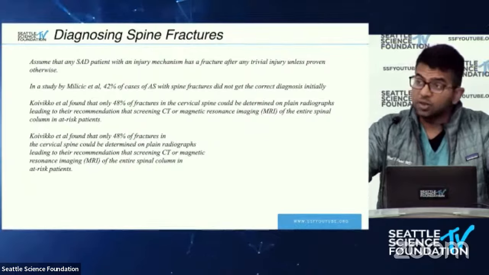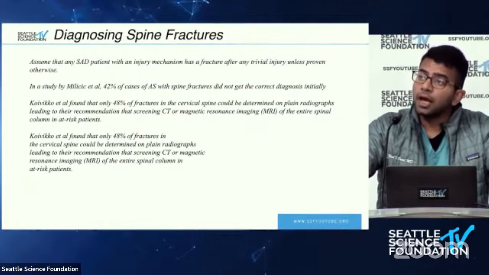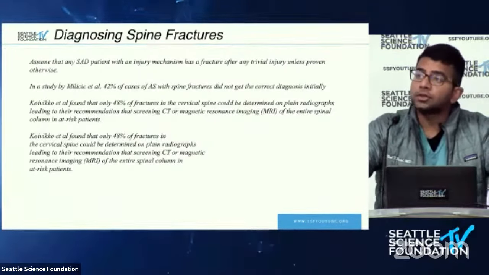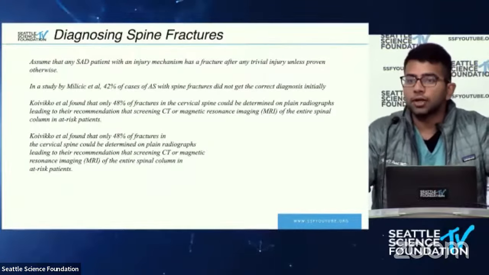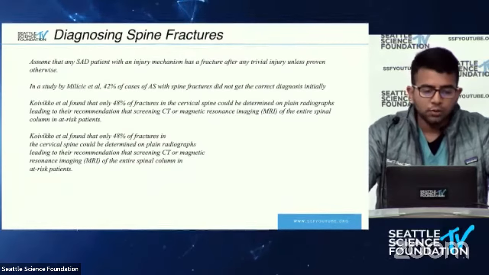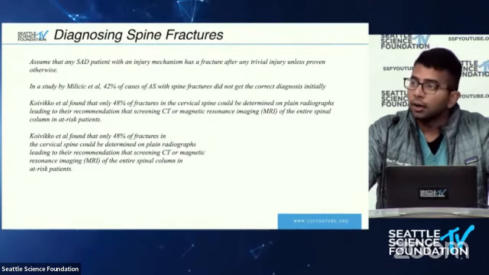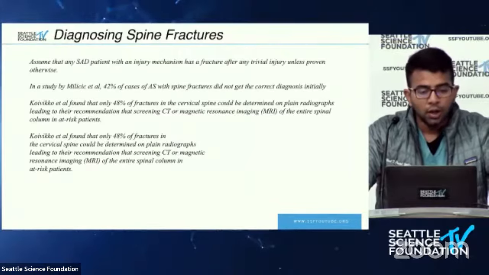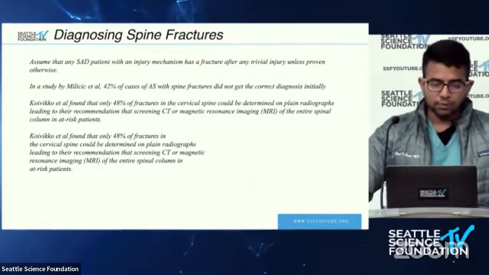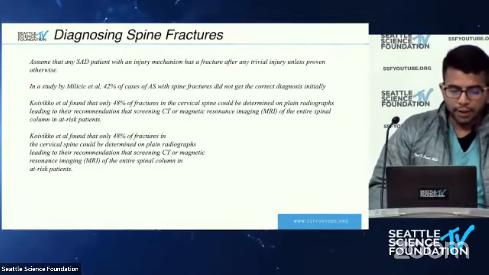So this tells you that 52% of the time you won't even see these fractures on X-ray, and hence you can't diagnose them, and hence these patients have delay in diagnosis. So sometimes you just have to move on to a CT or MRI right off the bat for these patients when you see a radiograph that shows multiple segments that are fused, even though the mechanism of fall may not be too bad.